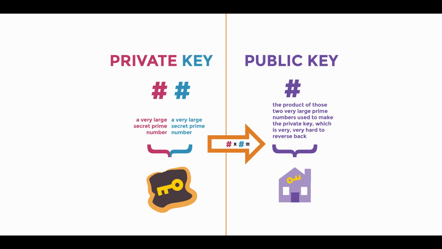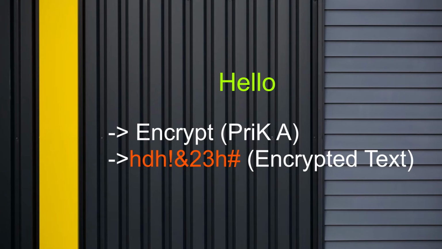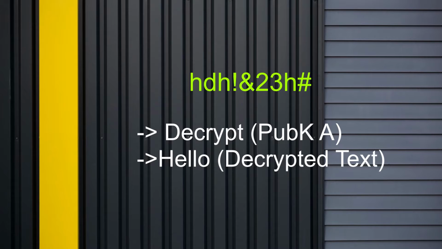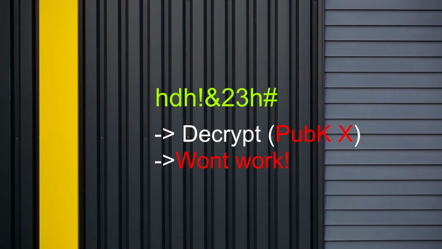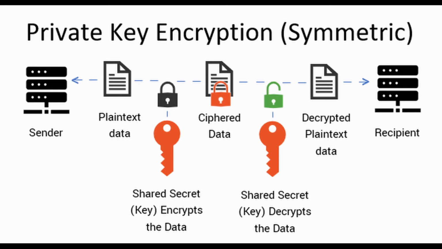So this key pair we are talking about holds some significance. In what way? In this way, that if you encrypt with one key, you can decrypt that same data using the other key. For example, if you encrypt hello using a private key, you can decrypt the same hello using the public key from that key pair. So there lies the significance of the key pair, private key and public key. Obviously, if you use a different public key from a different key pair, things won't work. But if you use the same key pair for encryption and decryption respectively, things will work. Now with this mechanism, all the gaps which were there in symmetric key encryption are fulfilled in asymmetric key encryption.